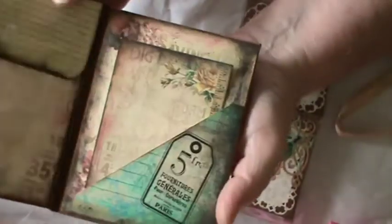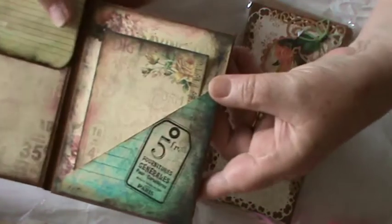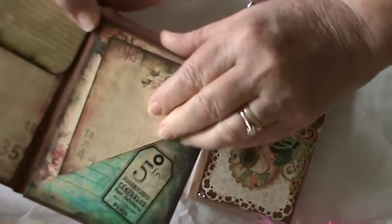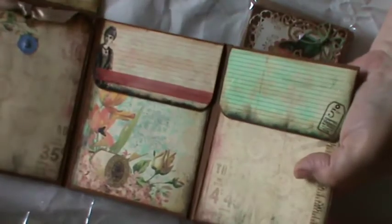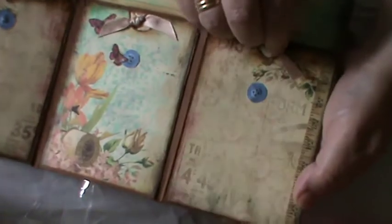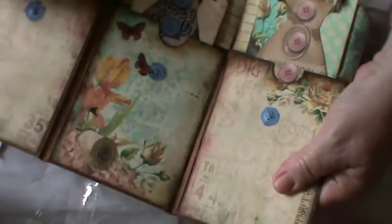Another basque on the back with some writing and some more flowers. So it's a really beautiful paper set, and then you open it up. Everything has been aged and inked and just beautifully put together. Lovely little journaling spot here, and then you open up the three and you see the theme running through this. Absolutely gorgeous. The pocket tops have been magnetised. More of the beautiful digikit, and then Rose has made 3D